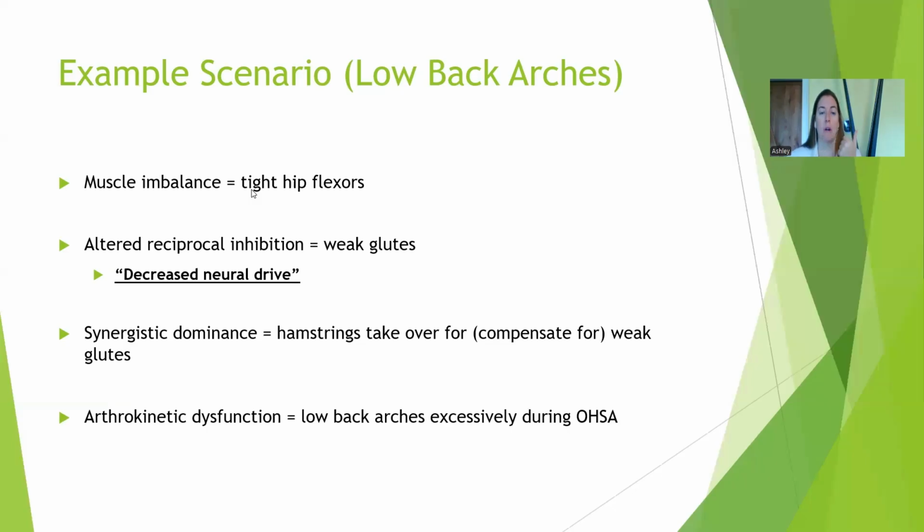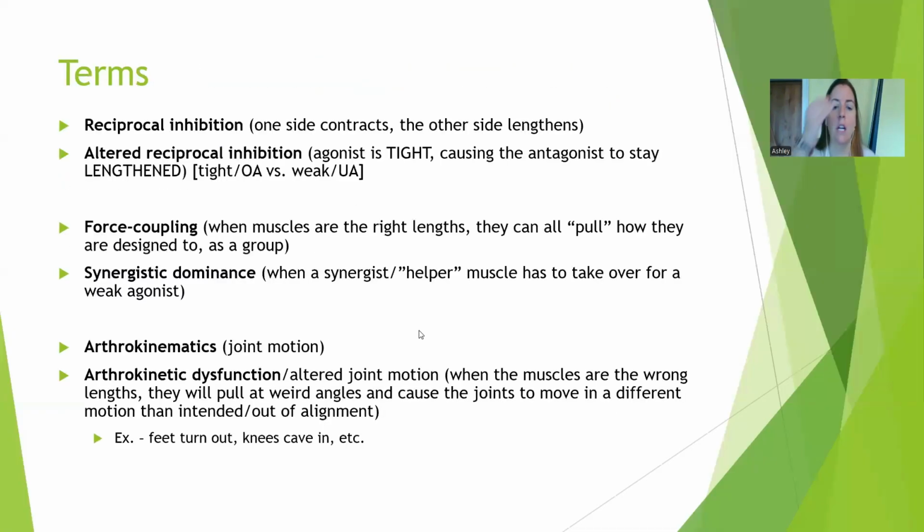Okay. So when we're thinking about this in the numbers, tight hip flexors, 1. That weakens the opposite muscle, the glutes, 2. When we want to use those glutes, they're going to be limited. So the helper of the glutes, the hamstrings, has to take over, 3. What do we actually see that allows us to know that this is happening? The low back arches too much during the overhead squat. Okay, so this page, just to kind